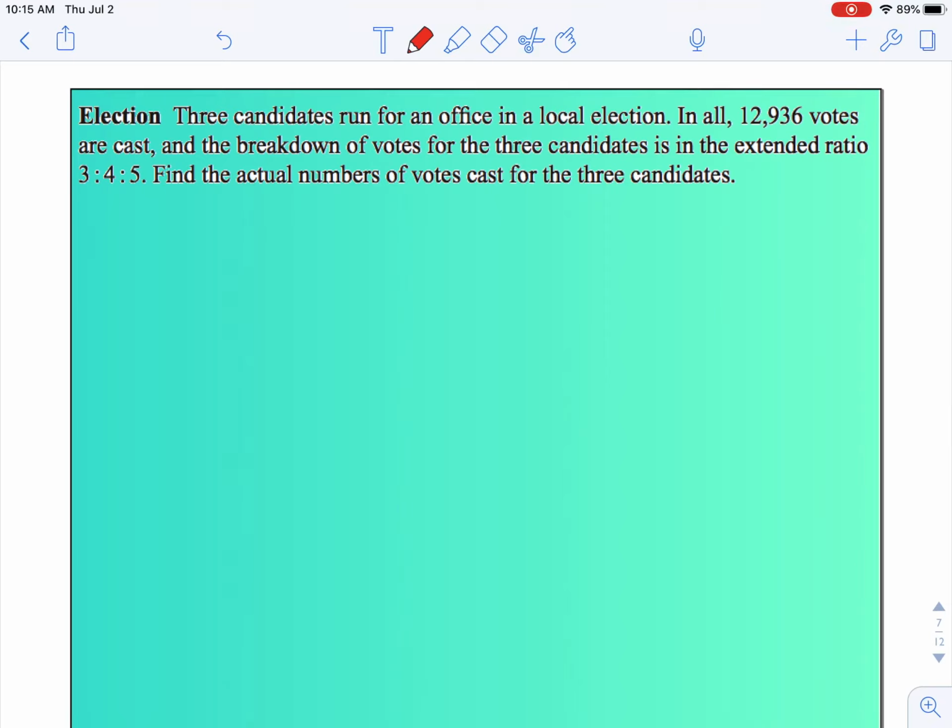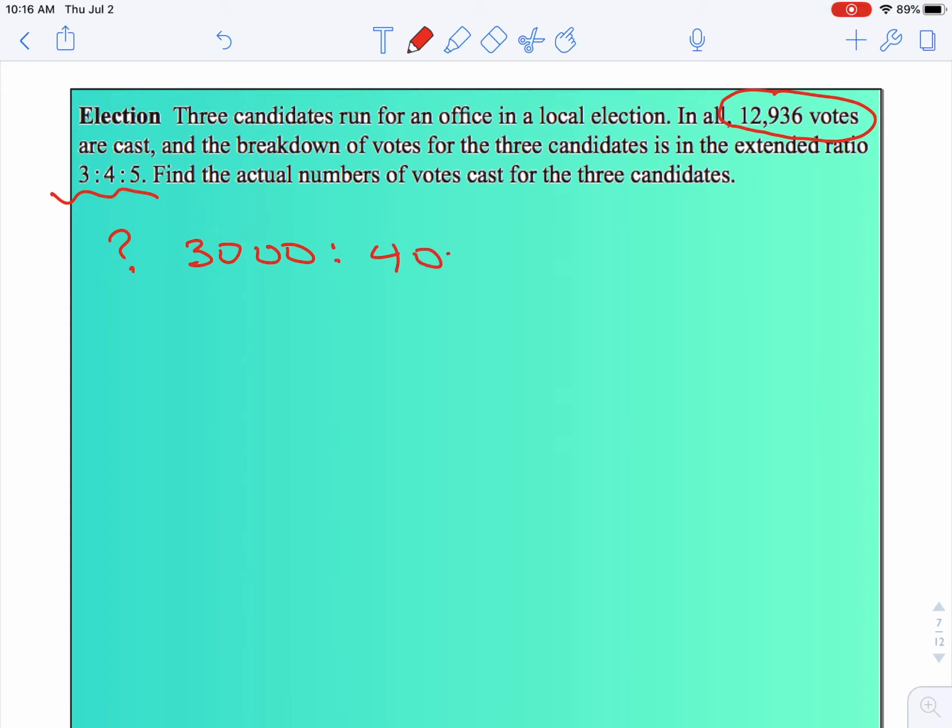There are 3 candidates running for an office in a local election, and there's a total number of 12,936 votes. When all the votes are counted and separated for the 3 candidates, you have this extended ratio of 3 to 4 to 5. We want to find the actual number of votes cast for each of the 3 candidates. So like, is it